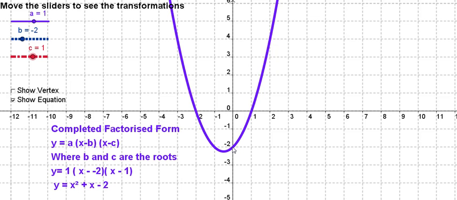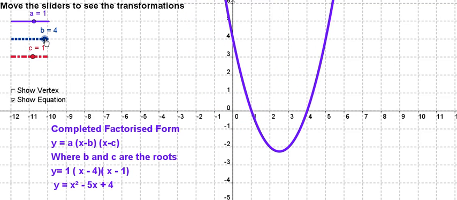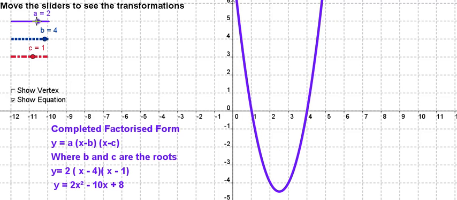And it doesn't matter where I drag these two, so I could have 4 and 1, and I get x minus 4 and x minus 1, and it works. And it also gives me my equation, because if I expand my brackets, that gives me my equation. Of course, I can have equations where my gradient, or my value of a, is bigger than 1, and